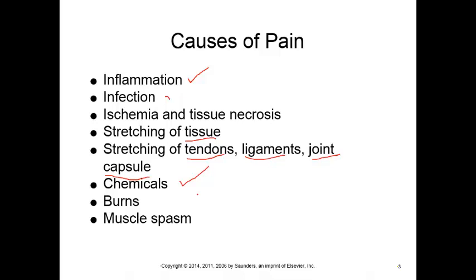Spicy food is going to deal with chemical receptors that are pain receptors that are stimulated, and that's the reason why your lips burn after you eat a red hot chili pepper. And then lastly, we have burns, which is caused by heat or sunlight. We have sunburns. They also damage those pain receptors, which are called nociceptors, and that's going to cause pain also. And lastly, when we have muscle damage, muscle spasms, it stimulates the pain receptors.